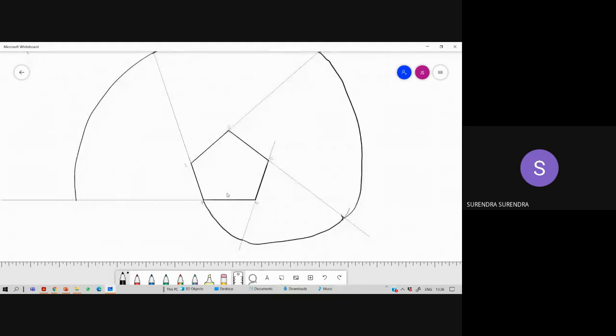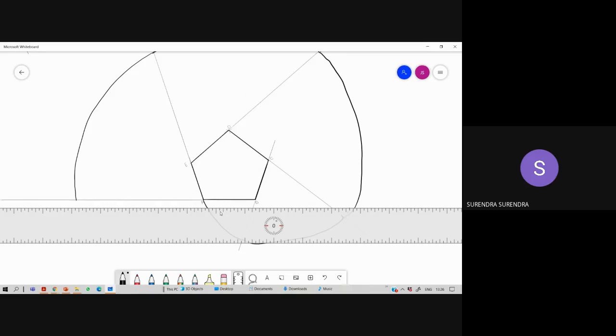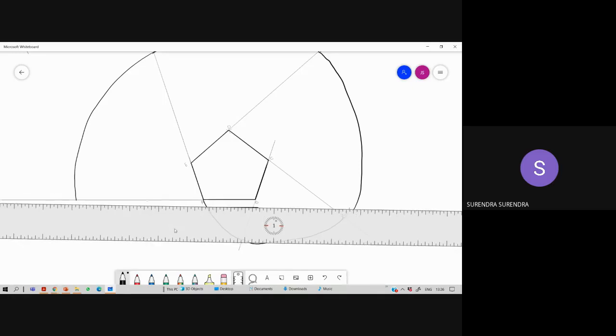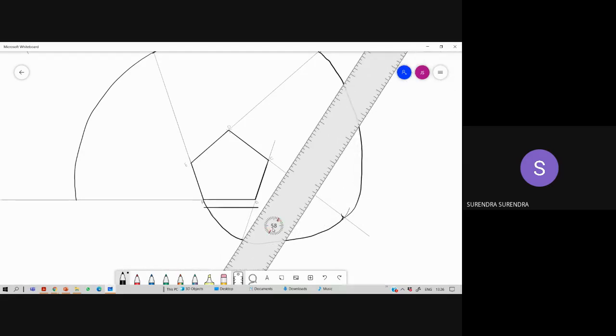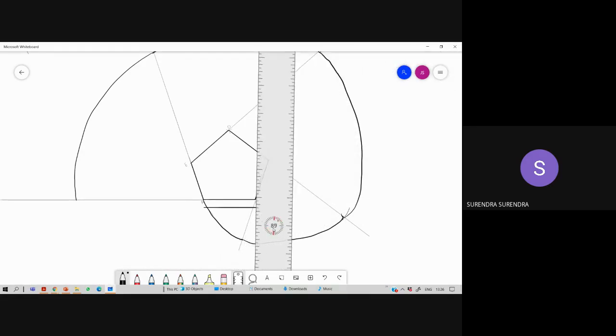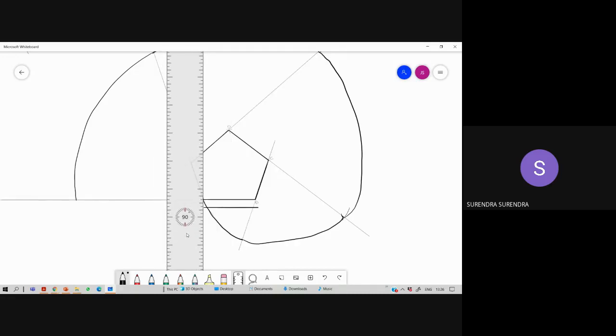Coming to dimensioning, no other dimensioning is needed, just represent the side of the polygon. The lengths are only for the construction process. I showed the lengths 30, 60, 120, 90, but you don't need to represent them in the dimensioning. We only need to dimension the side of the polygon. Representing any one side is enough.